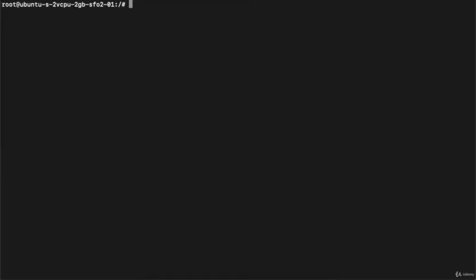Now suppose we have a new requirement where we need to create a custom volume and start MySQL with that particular volume. How can we do that? For this we will enter the same command, and inside this command, before the image name, I will define --mount, then source equals, and over here I need to define my volume name.